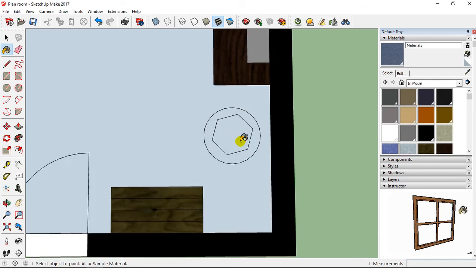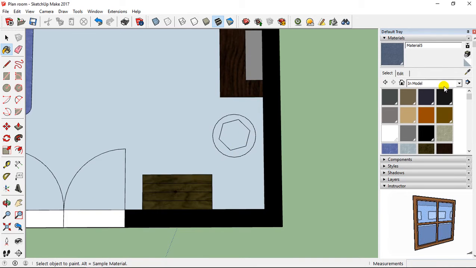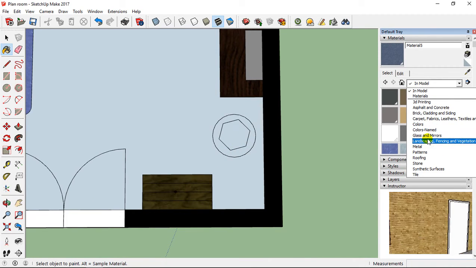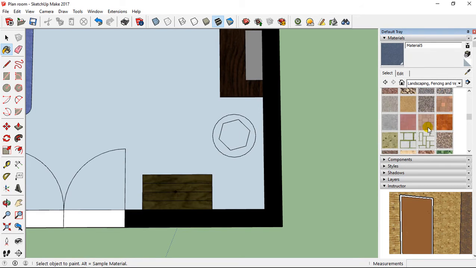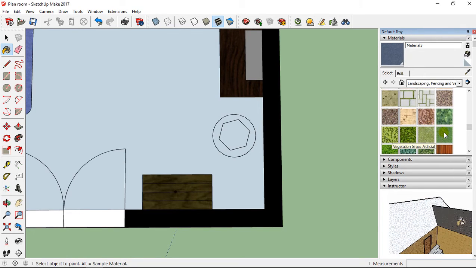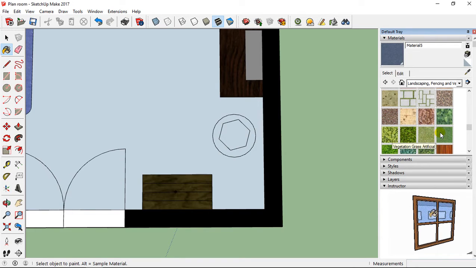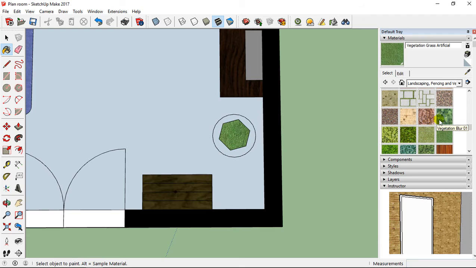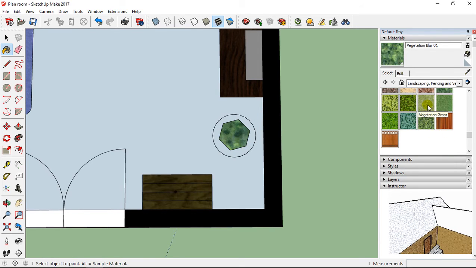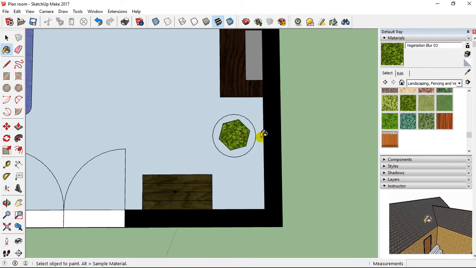Here it's going to be the plant, so for the plant I can go directly on landscaping, fencing and vegetation. I select, for example, vegetation grass artificial, or I can select vegetation blur, like this.